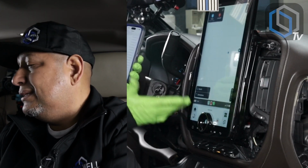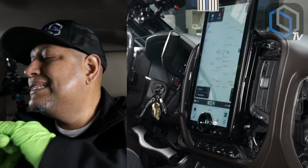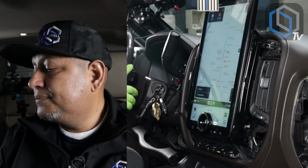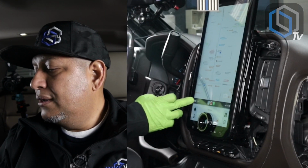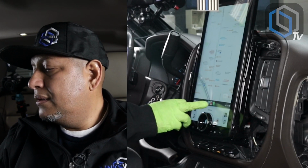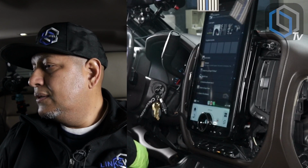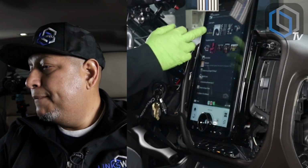And so that's how easy it is to pair your phone for CarPlay. And it is exactly the same way if you want to pair an Android phone. So here's CarPlay in all of its glory. These are all the different apps. So here's my mapping. Here's my YouTube Music application. All right, so if I want to come in here and play something,